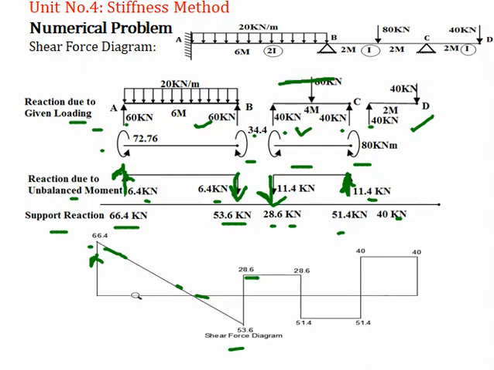No load, so it will be a straight line up to 80. And if you do 28.6 minus 80, you will get 51.4 kilonewton. So here also it is shown. Then from 51.4 up to this 40 kilonewton, there is a straight line. And next is 40 kilonewton. So you have to show the next as 40 kilonewton up to the end reaction 40. And if you add this end reaction there, plus 40 minus 40, you will get 0. So this is the shear force diagram that you can draw directly from these values, or you may consider this loading, and then you have to calculate. Two options are there.